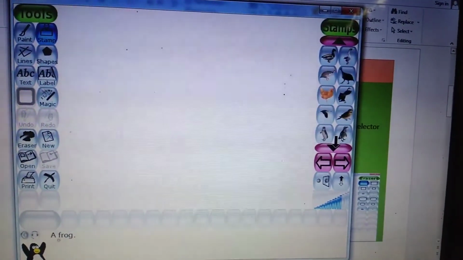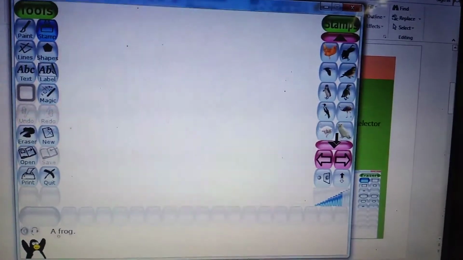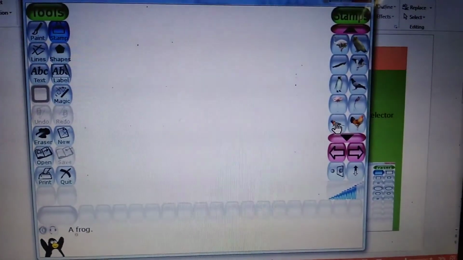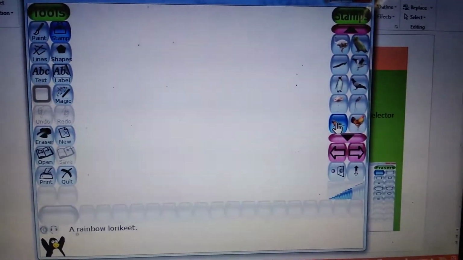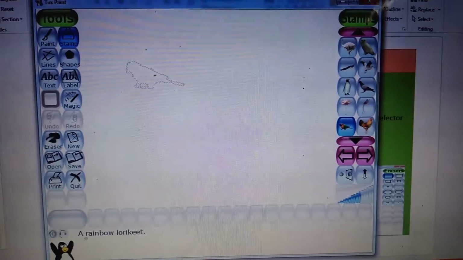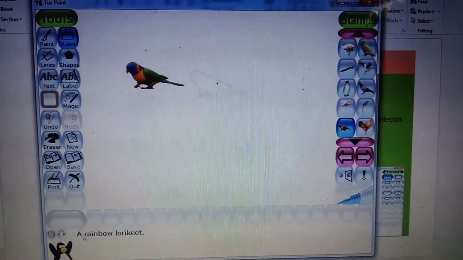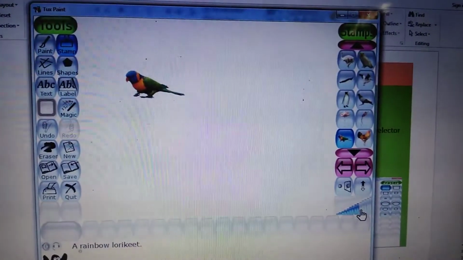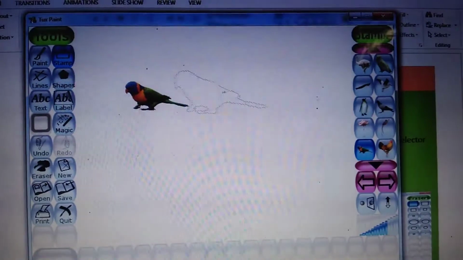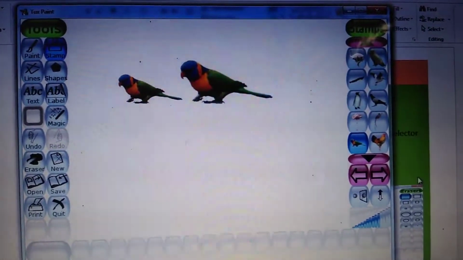Now you can see the arrow. Children, when I am pressing, you can see the images appear. See, now I want a parrot image. Select and paste it on the canvas. Press left button. Now if you want to increase the size of the image, you can see the arrows over here. Line, small line, big line, little bit big line. Select one of these big lines. You will get the big size.